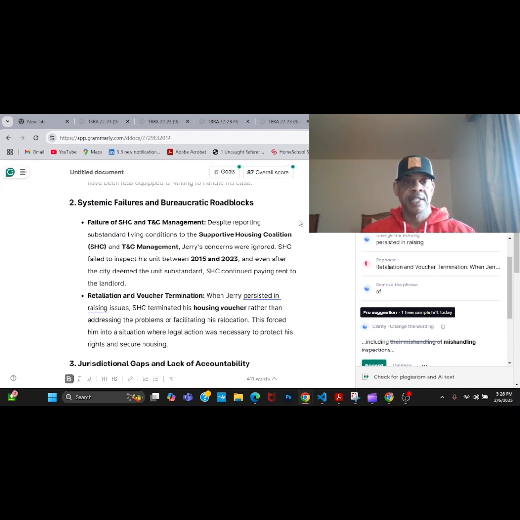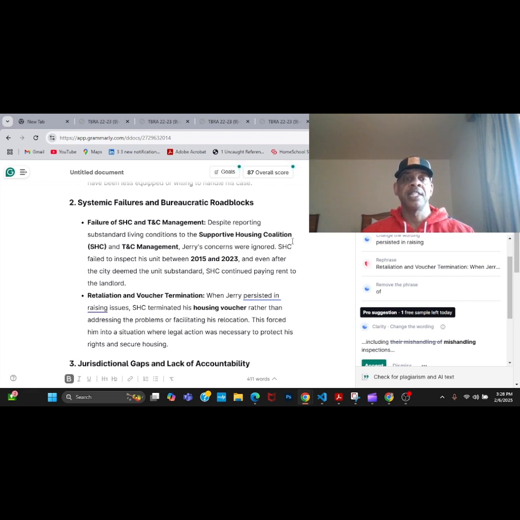The housing voucher agency and the landlord actually retaliated against me because I made complaints of the habitability issues in the unit. So my concerns were ignored.